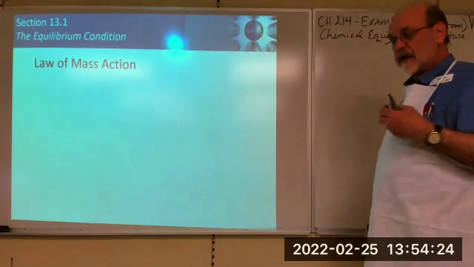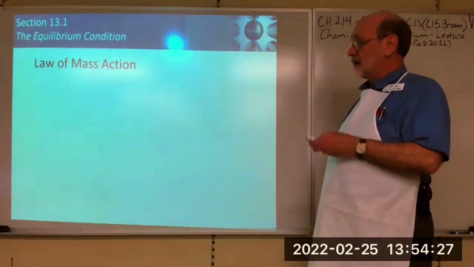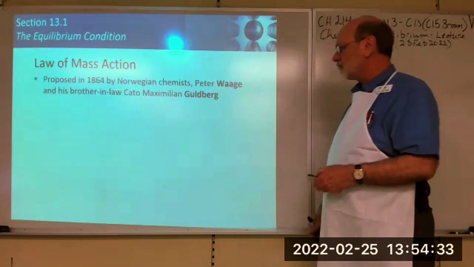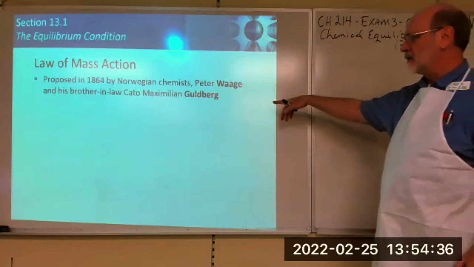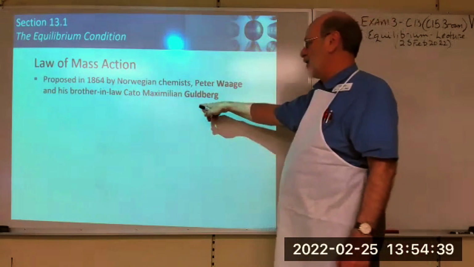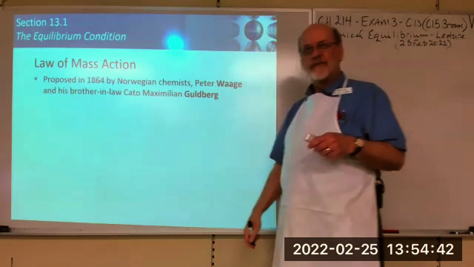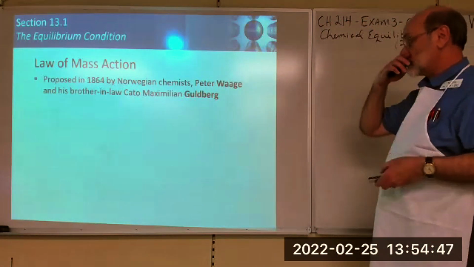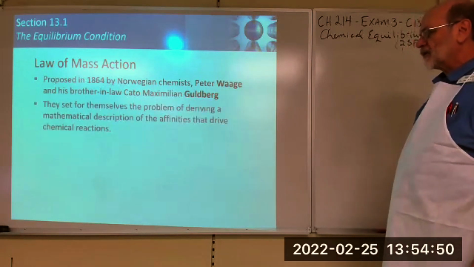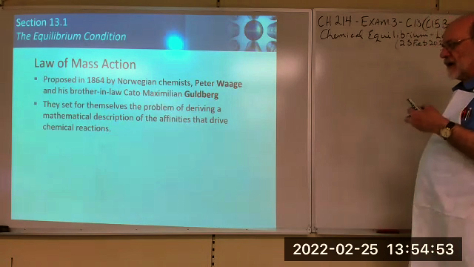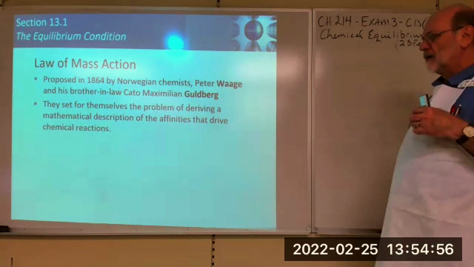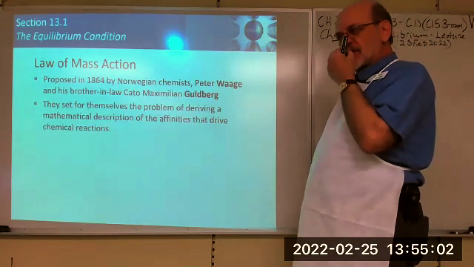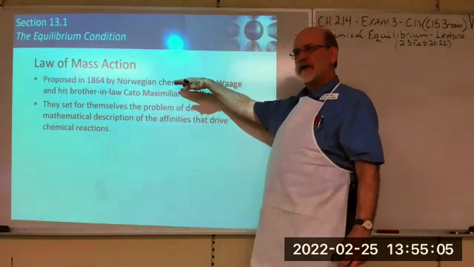This equilibrium situation can be quantified, and it's based upon the law of mass action. It was proposed first by two Norwegians, Peter Waage and his brother-in-law, Guldberg, in the middle of the 19th century. What they were trying to do was derive a mathematical description for what drives a chemical reaction. There was starting to be interest about this time in